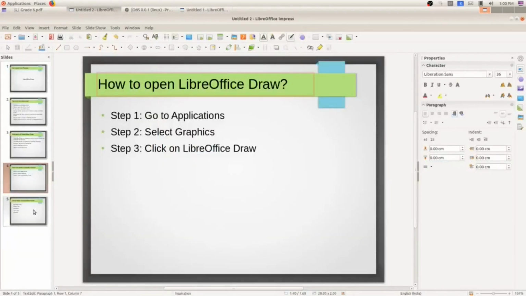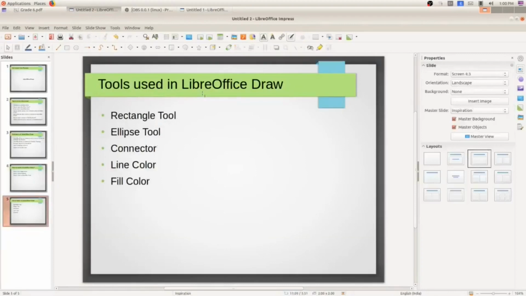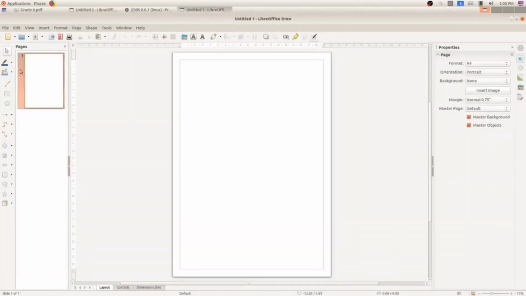So the next topic is tools used in LibreOffice Draw. In your syllabus we only have these 5 tools. Let us check each tool one by one. What is the first tool? Rectangle tool. You can see here at the left side in the toolbar the rectangle tool.